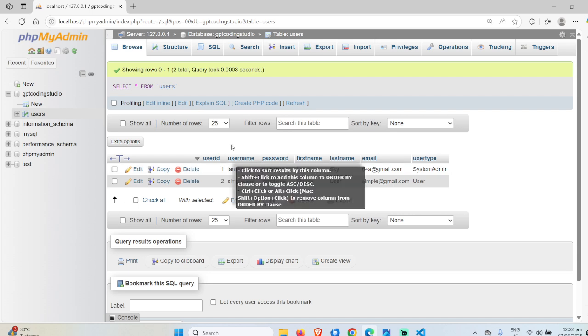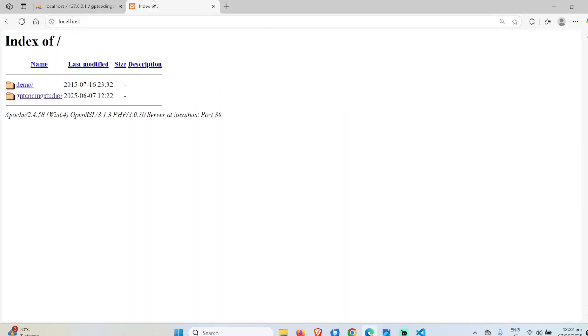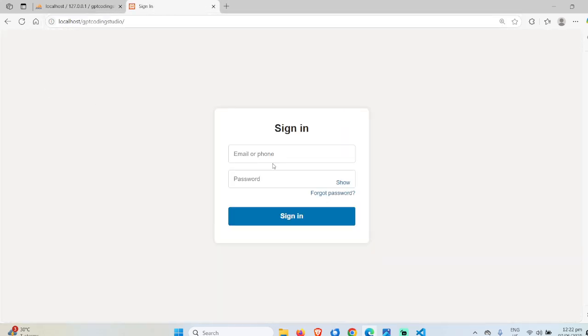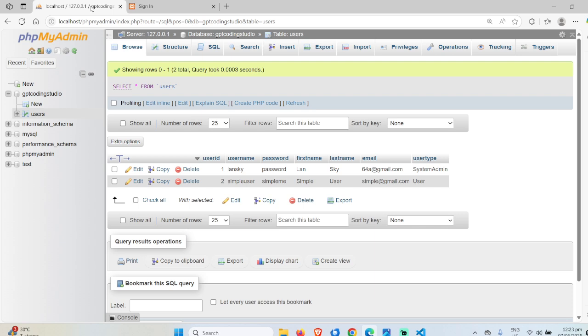So let's try Lansky and the password. Of course, it would not work because the database is not yet an MD5 hash. Click sign in. Okay, invalid username and password. So what we have to do is to make this password an MD5 hash.